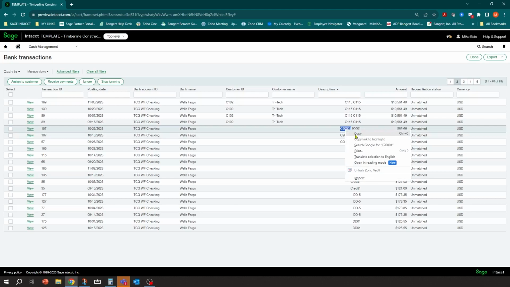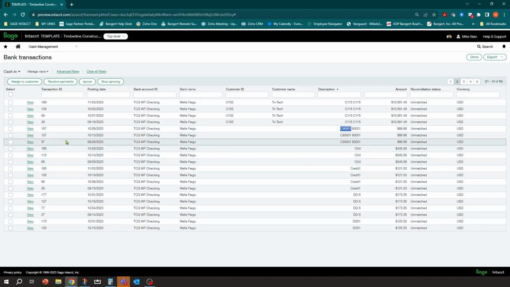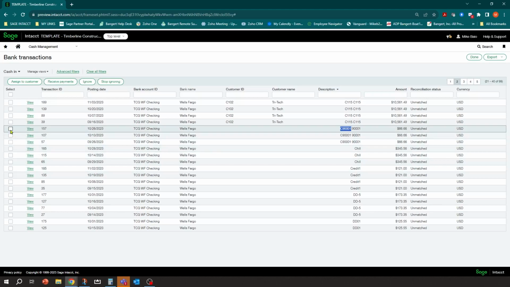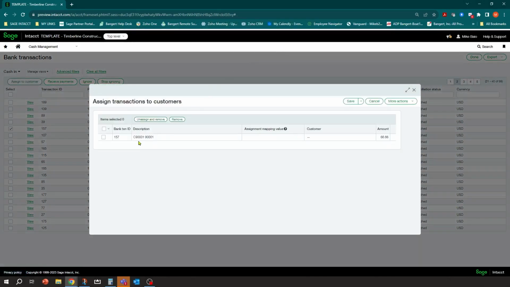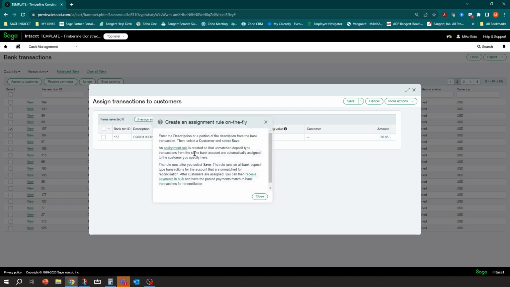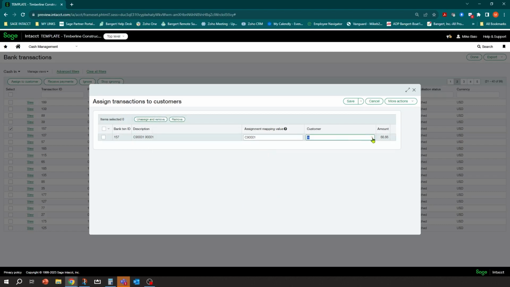So let's do this. I'm going to copy that. I could do it for all 3, or I can do it for just 1, but I can click on that line, and you can hit this button here, assign to customer. So you can do it on the fly the first time. And once you do it, it knows it for the rest. So now it says, okay, the description for that line is there. And I'm going to say, whenever this is in the description, in the mapping value, and you have a little help here on this too, where they go through talking about the assignment rules, assign it to this customer.